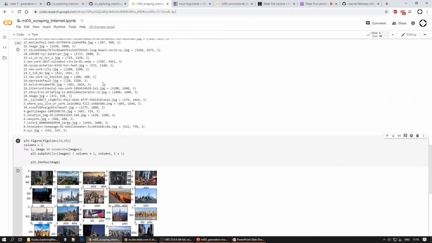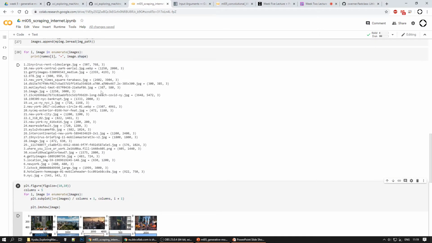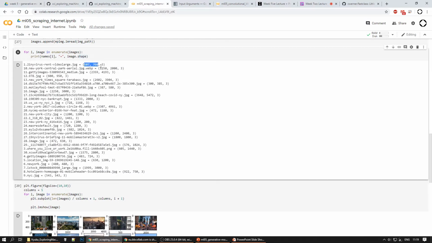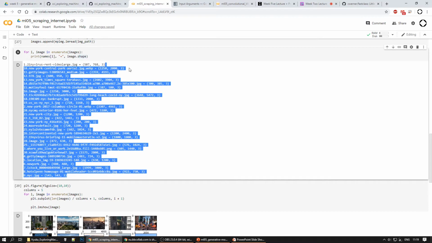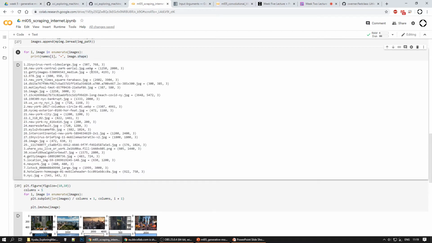Basically, the most obvious thing, if you look at the resolutions of the images that you got, they are really non-standardized, and some are like 10% of the resolution of some other images. And so you might have to find the common denominator of all of these somehow. Maybe find one single resolution that is smaller than all of these, or some fixed one, and then resize all of those images into the smaller